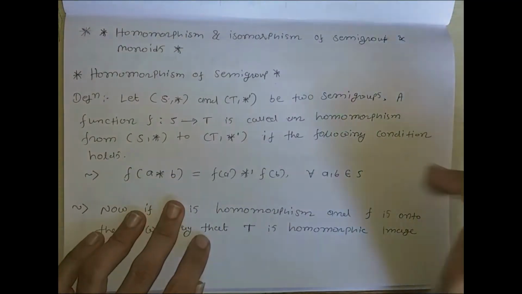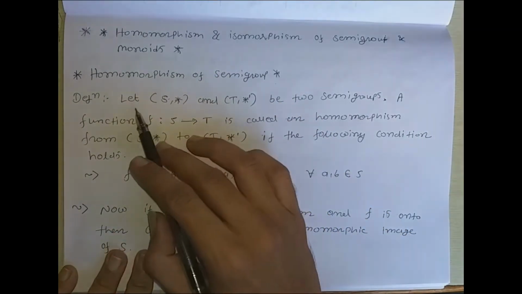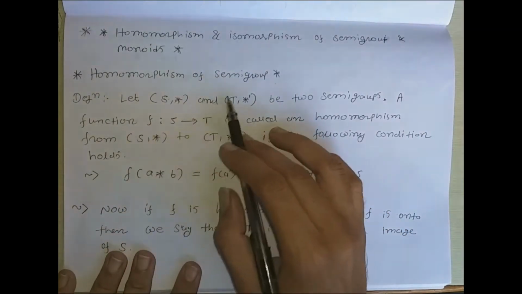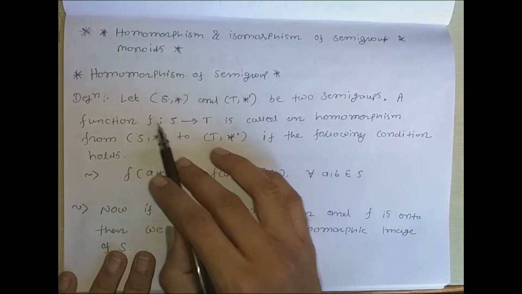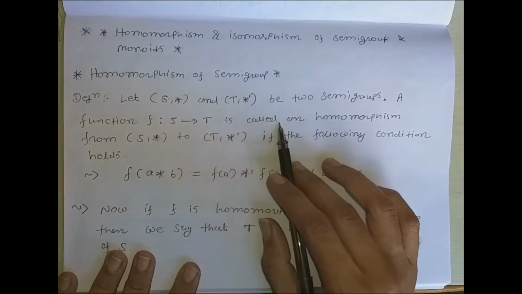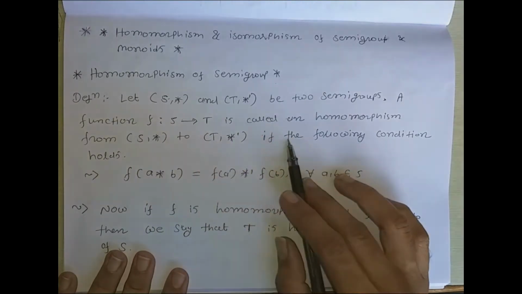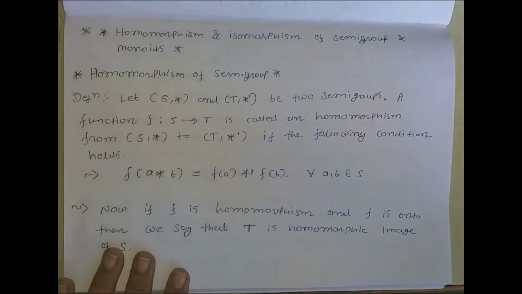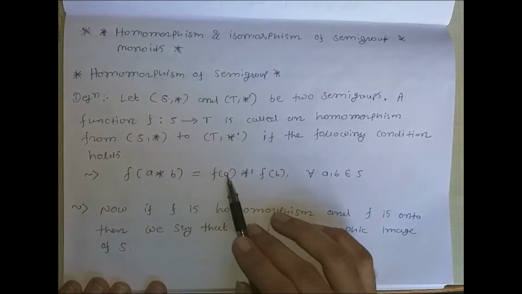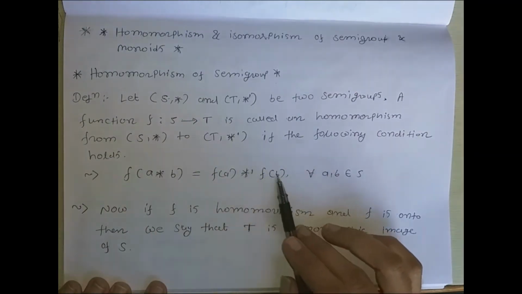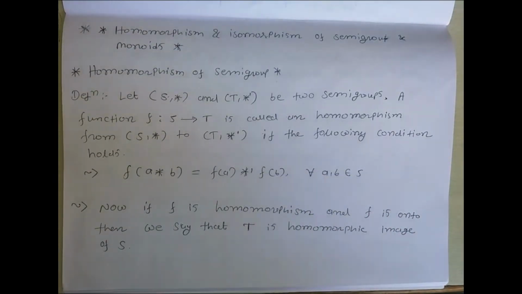So first of all, the definition of homomorphism of semigroup. Let (S, *) and (T, *') be two semigroups. A function f from S to T is called a homomorphism from (S, *) to (T, *') if the following condition holds: f(a * b) = f(a) *' f(b) for all a, b belonging to S. So this is the simple definition of